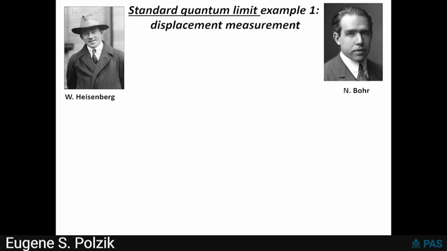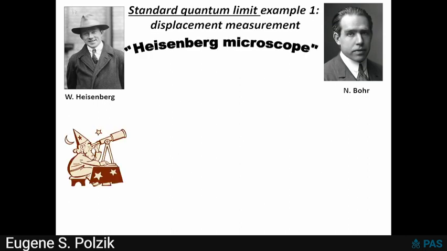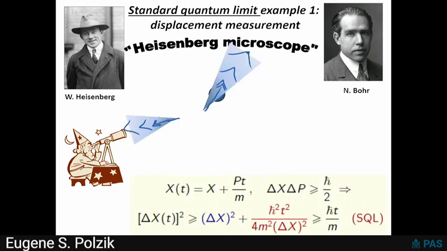Right. So the good old freshman physics, Heisenberg microscope. We want to observe the position of the particle. We need to scatter a photon from it. So we scatter it, but the photon and the particle are also waves, and so we have the uncertainty: either we know where the particle was, or we know what the particle momentum is. There is the uncertainty principle, which leads us to the standard quantum limit for the free mass, which is defined by the time of observation and the mass. And I will try to convince you that this is not the limit. We can go further than